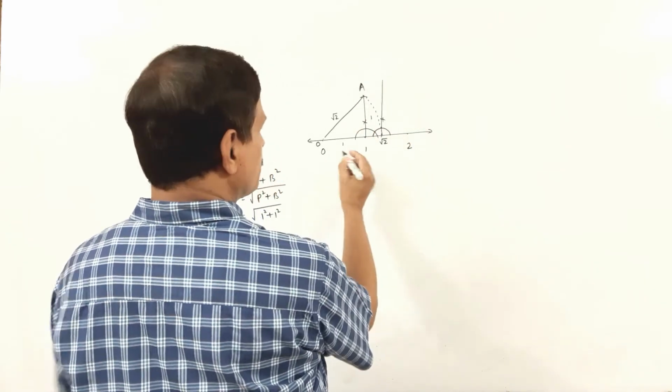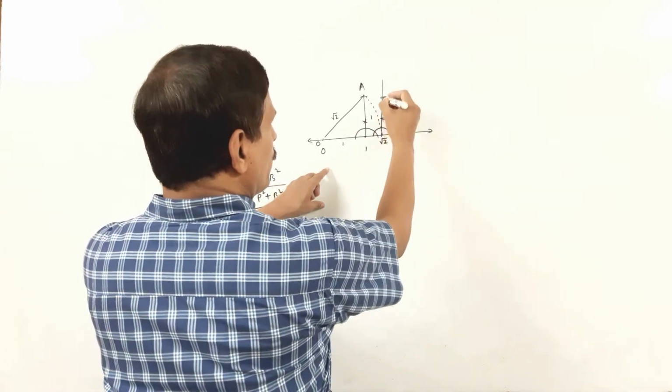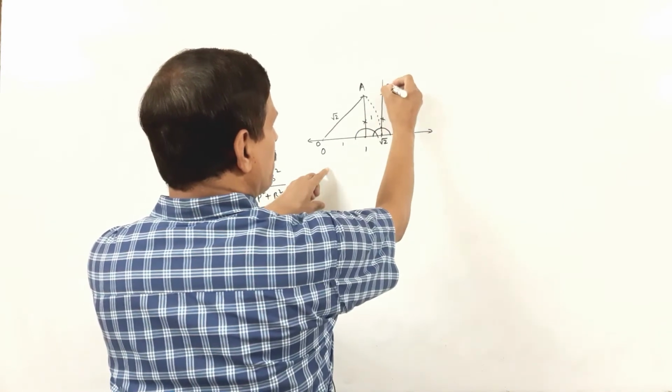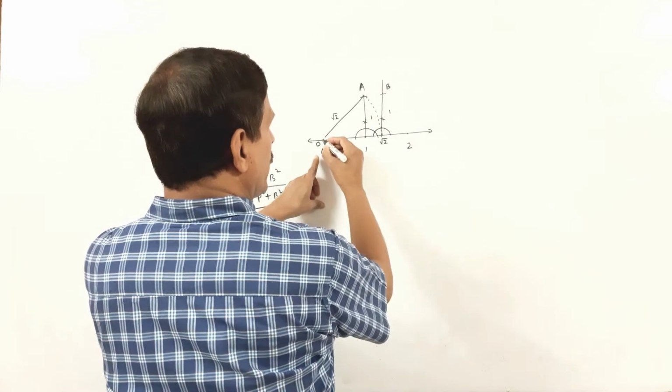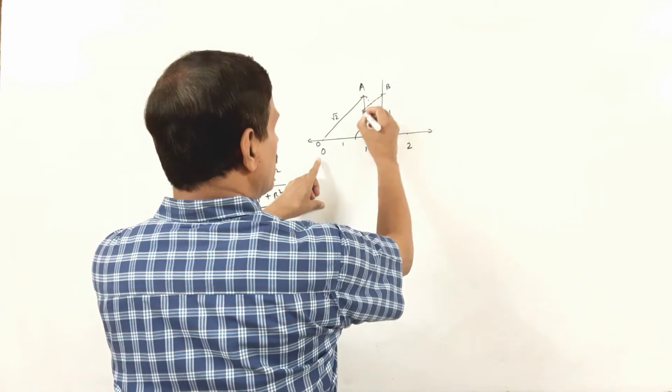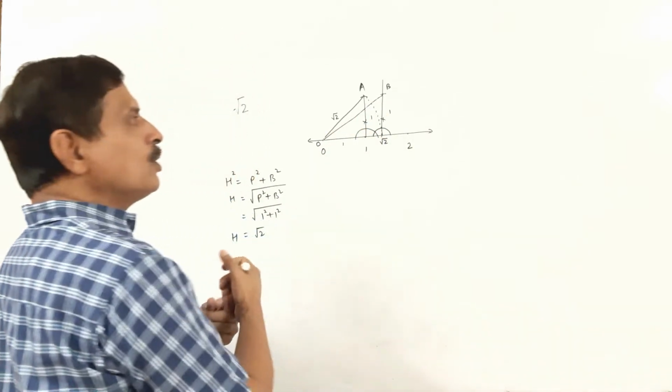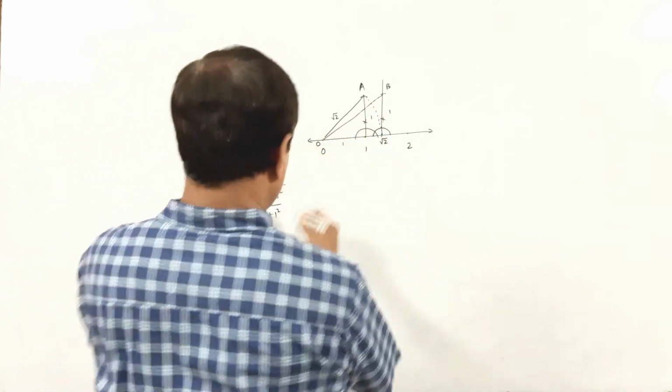And again we cut an arc of 1 unit length. Let this point be B. Joining this OB, the length of OB is equal to root 3, because